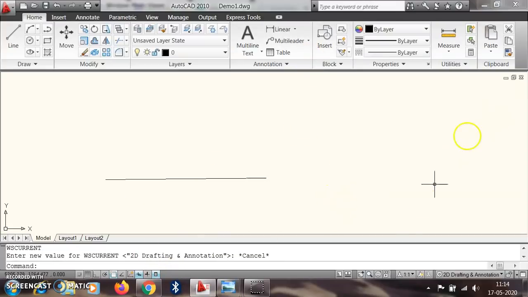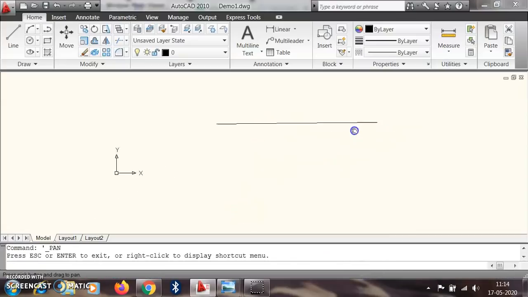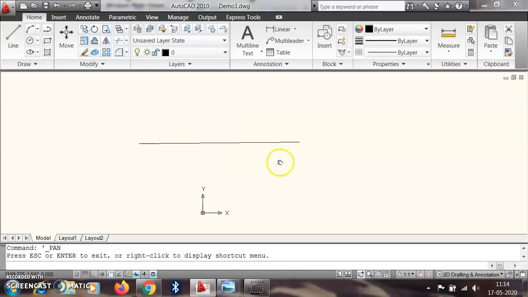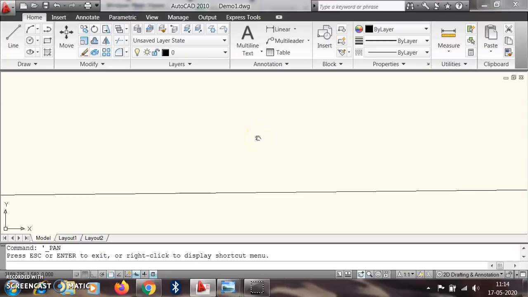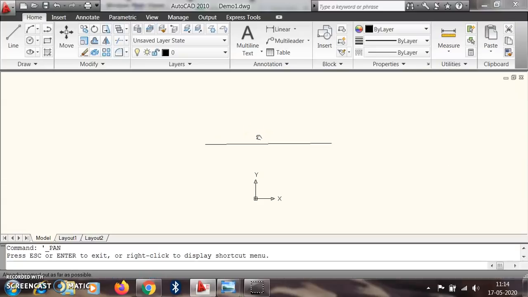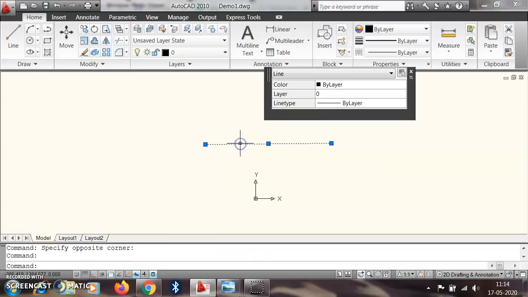Here again, suppose you have to pan your window or zoom, then you click on this one and move your cursor in such a way. If I scroll the wheel, you get zoom in and zoom out. Whenever I have to select anything, I just click on it, and my object is selected.